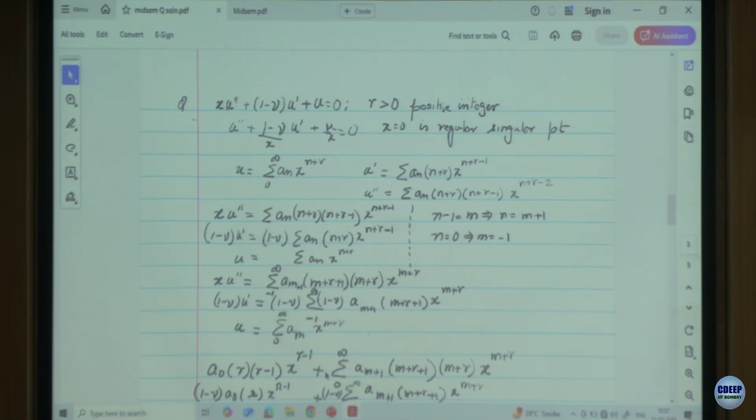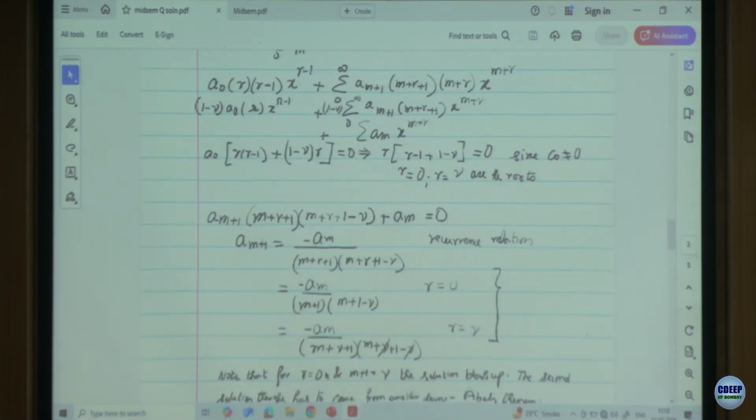And I must admit, most of you did realize that it was a singular point, and then you went ahead and used the Frobenius method. The Frobenius method was all fine, but then you did the algebra, and finally, when you come to the last stage,